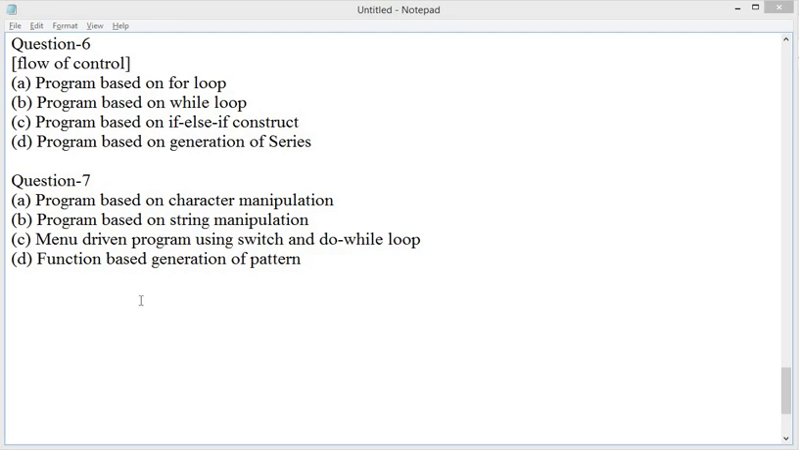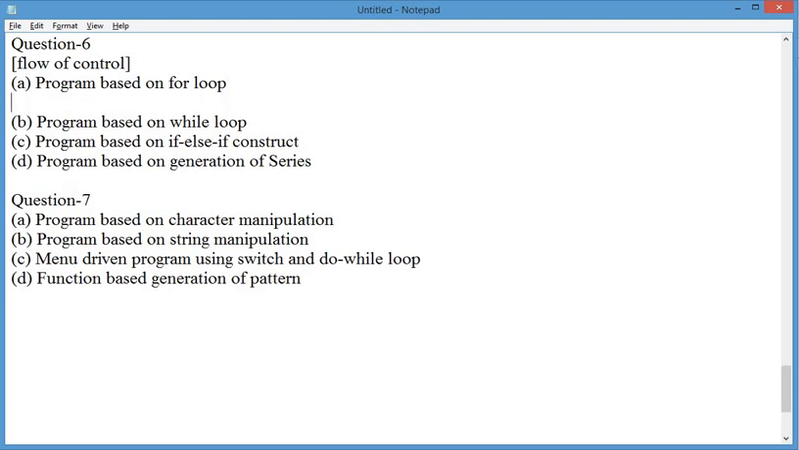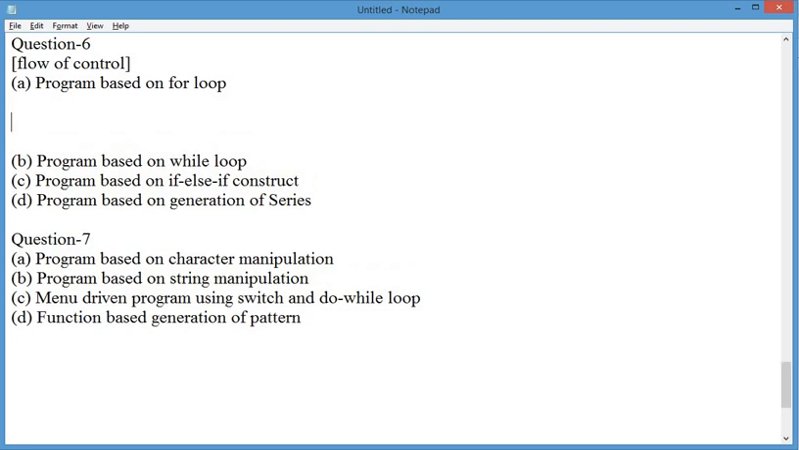Now in this section I am discussing the questions which are based on programming. The very first question I can see is the program based on for loop. Mostly the questions that come on for loop are like finding factorial,